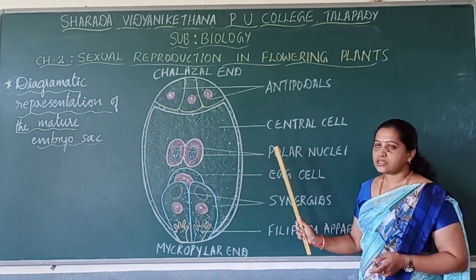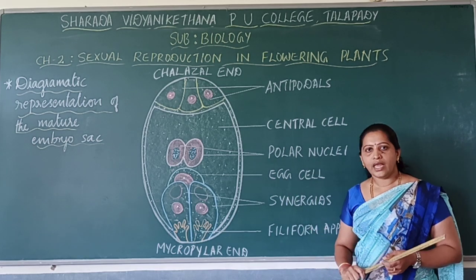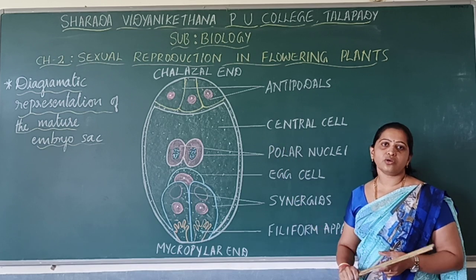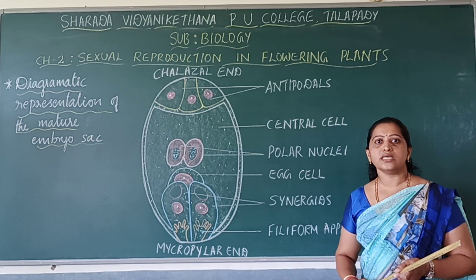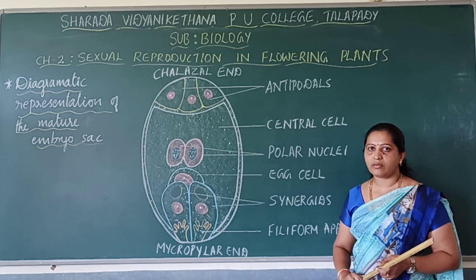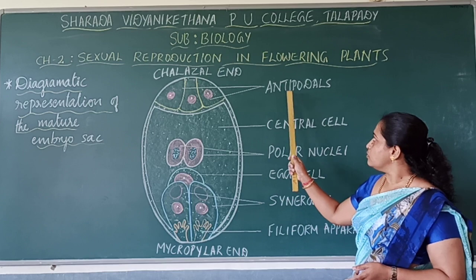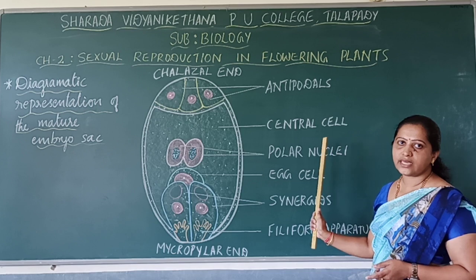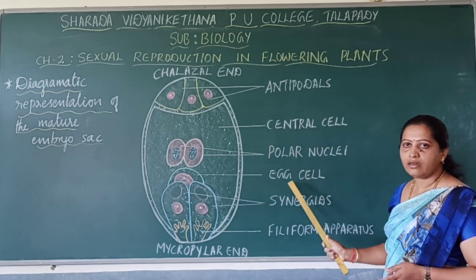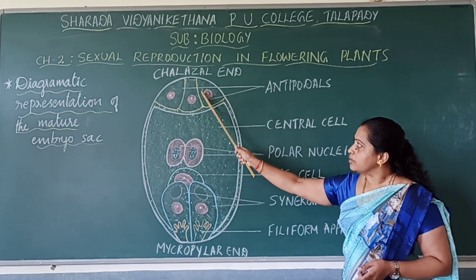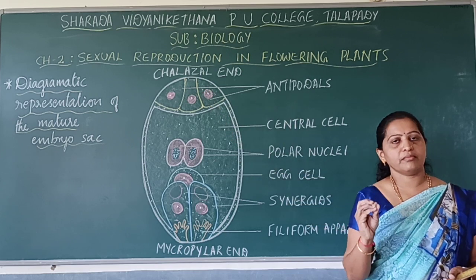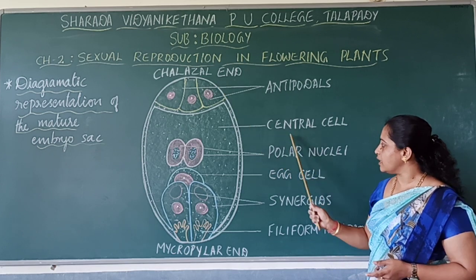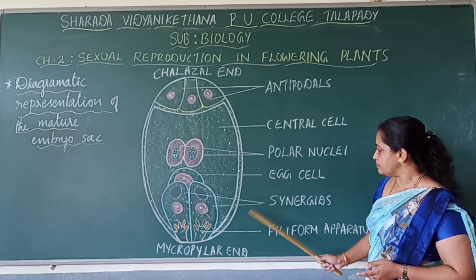So practice this diagram, and this diagram is very important. It is usually asked for 5 marks. Sometimes an explanation of the diagram can be asked. Sometimes only the diagrammatic representation can be asked for 5 marks. So do remember that the labeling has to be done towards one side of the diagram, and always labeling should be in capitals. So minimum for 5 marks, at least you should remember around 8 to 10 labelings. So you can see here there are around 8 to 10 labelings.